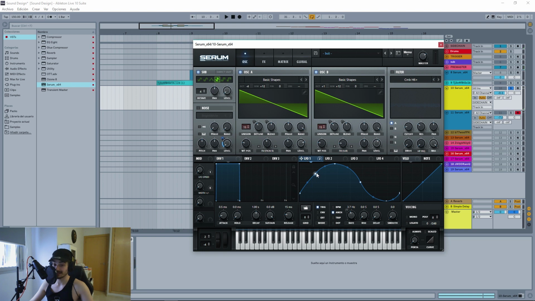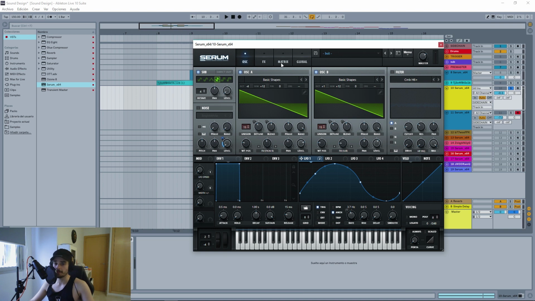By the way, you see this shape from the LFO one? It's more or less a sine wave, kind of. I made it by hand, so it's not exactly a sine wave. And the speed is pretty much, BPM off, so it's 3.7 hertz. That's the speed that I felt sounded the best. But I mean, you can do BPM on, you can do different hertz, you can do many things with this. This is gonna be the oscillation